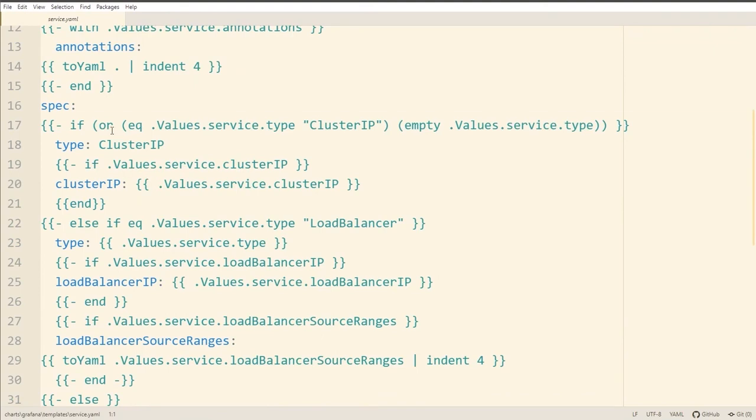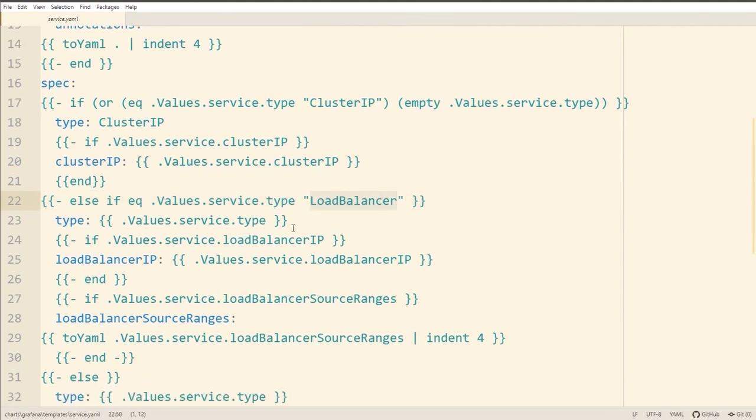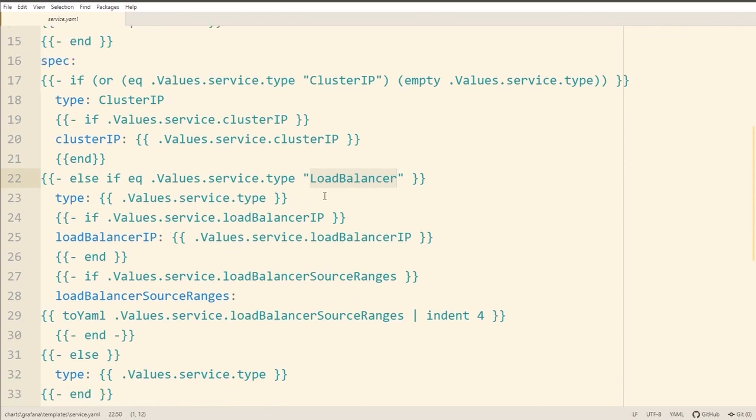So I can see already that we have an if statement in here, and it's saying if the values.service.type is set to cluster IP, then they're building some YAML here for the type cluster IP. They're saying else if it's set to load balancer, and it looks like they're just supporting all of those extra fields that you might have if it's of type load balancer, such as load balancer IP.